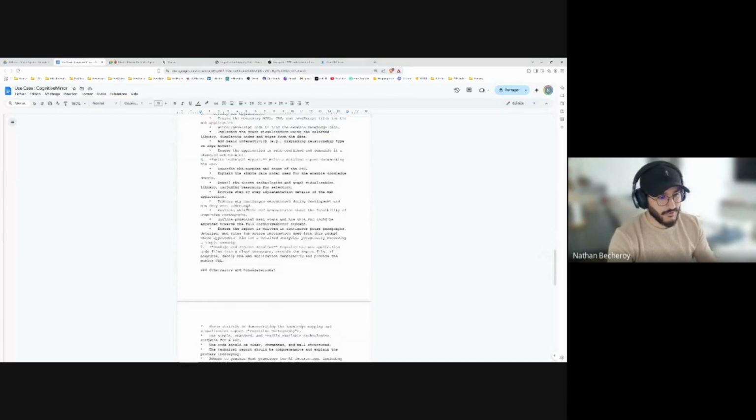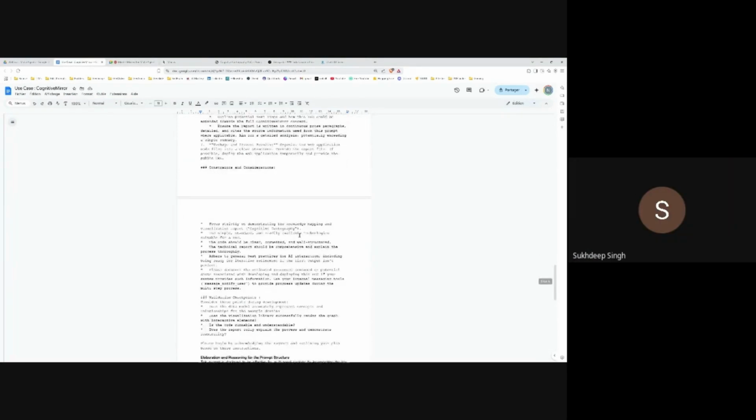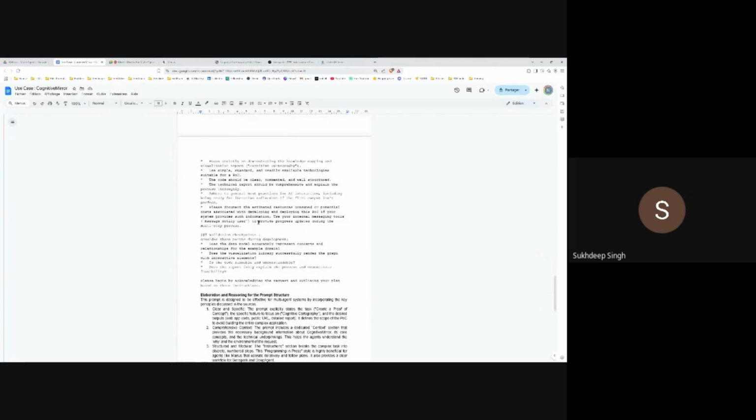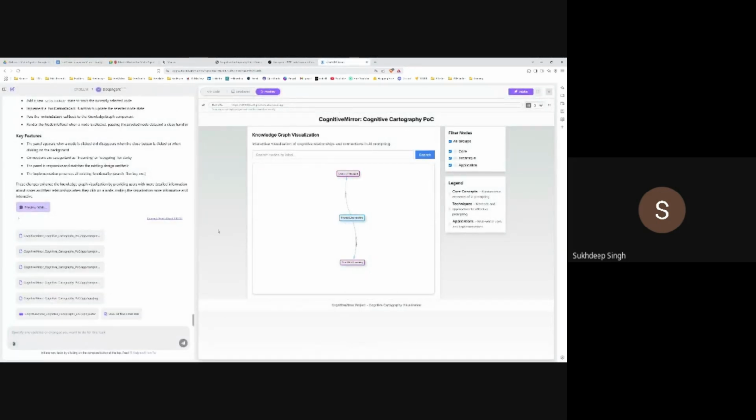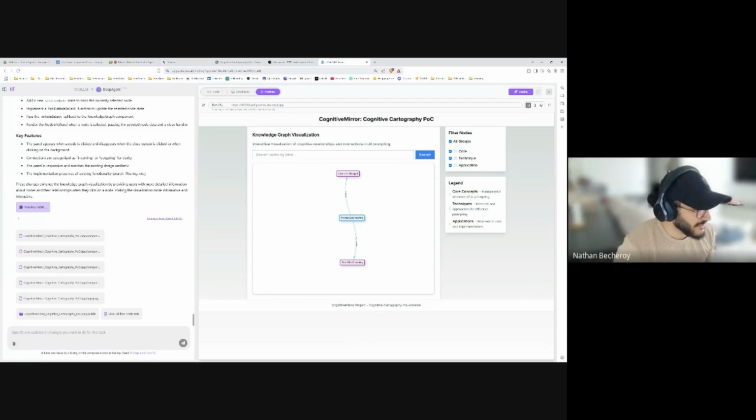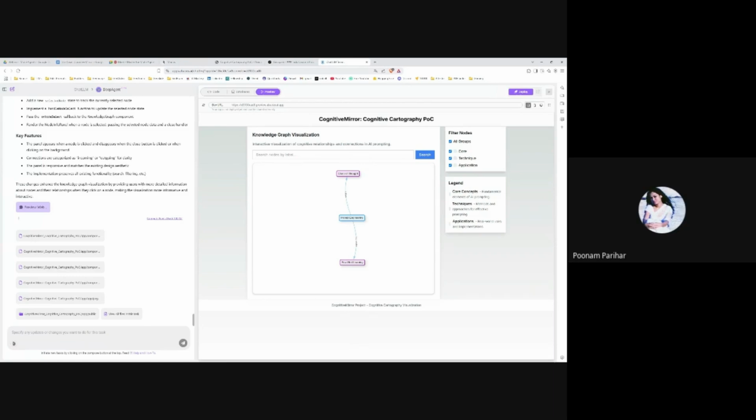I would rather do it the other way around, Nathan. Like the comprehensive prompt which you have given, I would rather give that prompt, let it do the entire job. And then I would say, okay, change this feature and do something like this. Change that feature and do something like this. And therefore it keeps on doing that. You got it, right? What I'm saying. Yeah, it could be another idea, but it will consume much more credits. For sure. That's one of the good points.